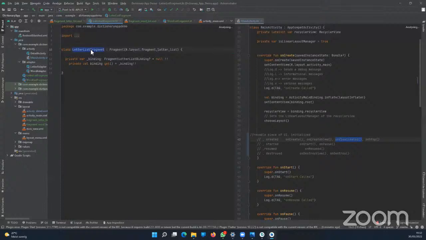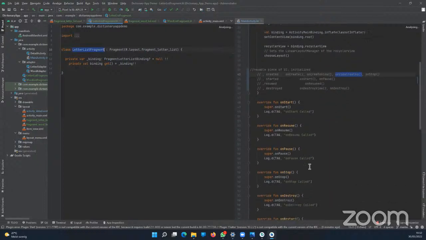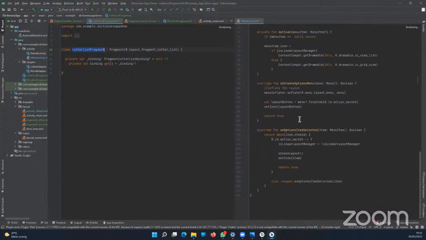Now we're going to implement onCreate. The reason we are implementing onCreate is because we want to implement our options menu. So to do that in a fragment, you have to